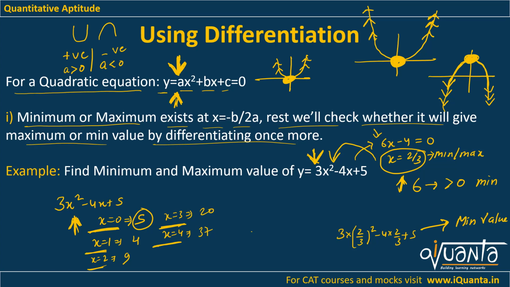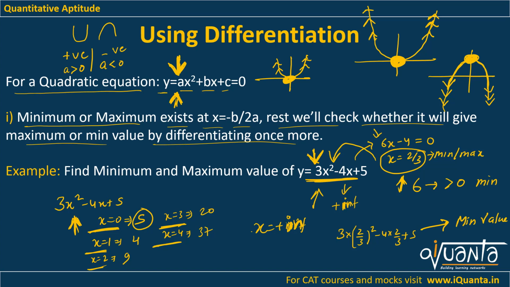So if you put any number, say x equals to 1 lakh, then the value of this expression will be much bigger. So in the similar manner, if you put x equals to plus infinity, that means a very large number, in place of x, the value of this expression will become plus infinity. So we get the maximum value of this expression equals to plus infinity. Okay. So I hope this is understood: how to find out the minimum or maximum value of a quadratic equation.